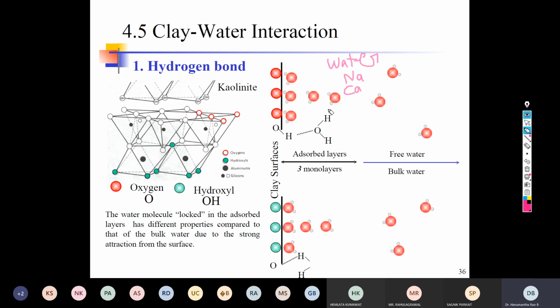So now you understood one of the first factors which varies the thickness of the diffusive double layer. If there is water, the thickness of the diffusive double layer is more. If the water is replaced with sodium, the thickness decreases. If it is further replaced with a higher valency ion, it decreases further. If it is further replaced with lithium, it decreases further. As you increase the valency, there is a decrease in the thickness of the diffusive double layer. So the thickness is maximum for hydrogen, obviously.